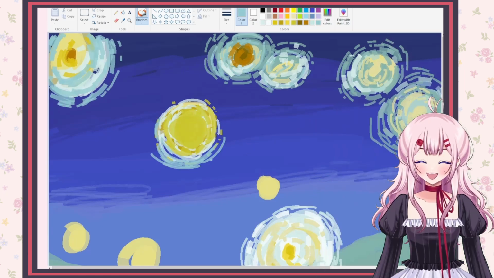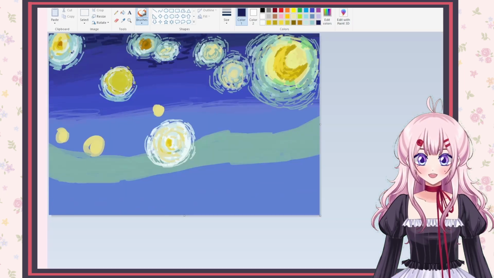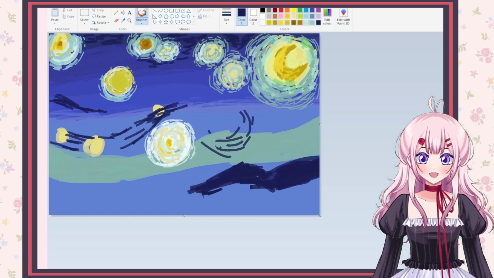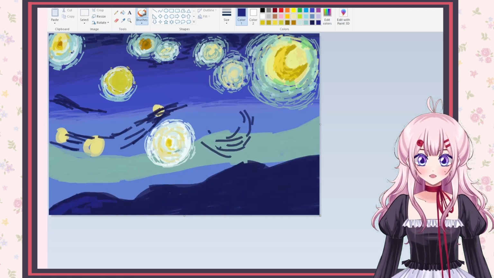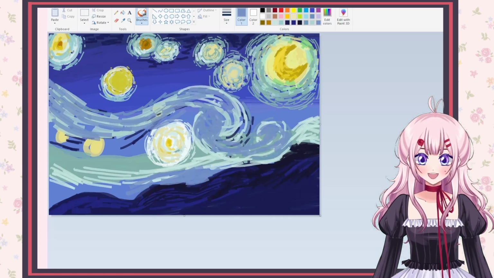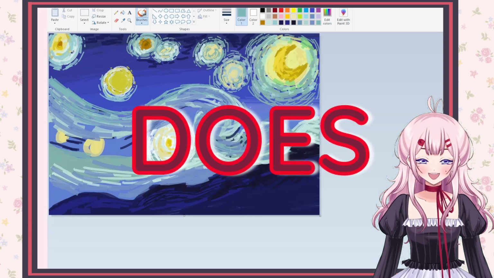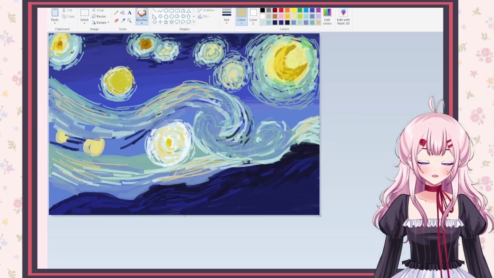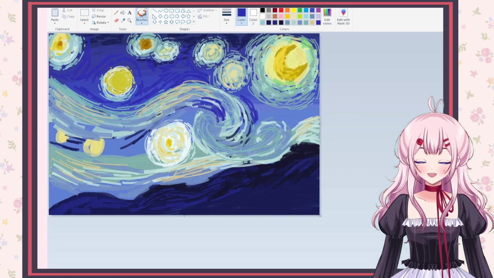This piece is way more complicated than it looks. So the original piece is made using oil pastels, and if you've ever worked with that medium before, you know that it's kind of waxy, and the way you blend colors is by building up really thick layers of pigment. Let me remind you that MS Paint does not have blending,